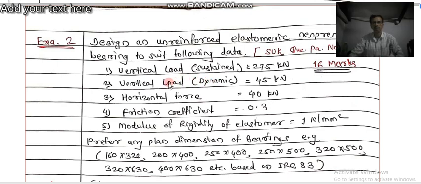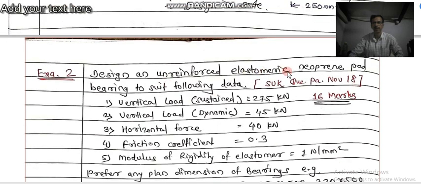Now we will cover the second example related to design of unreinforced elastomeric neoprene pad, which is asked for 16 marks in Shivaji University Kolhapur question paper November 18. So design an unreinforced elastomeric neoprene pad bearing to suit following data. The same problem which we have covered in the previous video is again asked in